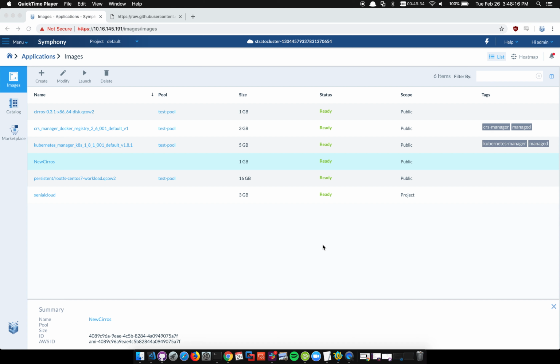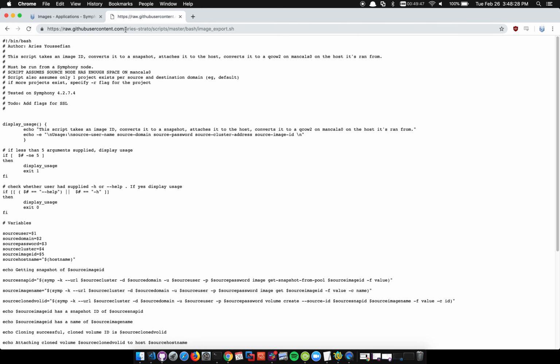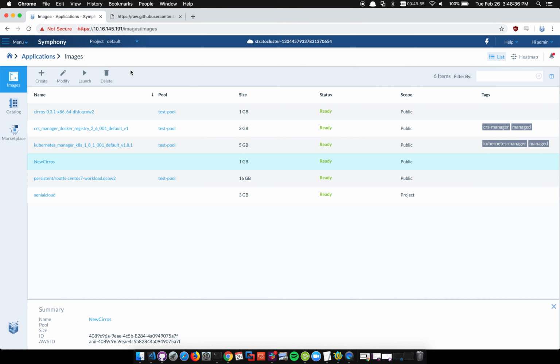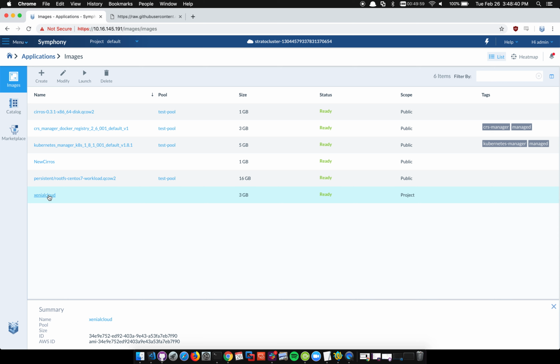On how to use the image export script to back up any images on your 427 cluster. This script can be found on the Aries-Strato scripts repository, and it can always just be grabbed from this link. So here I have a demo lab, and we're going to demonstrate it on these two images, Xenial Cloud